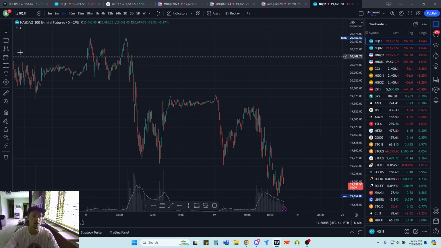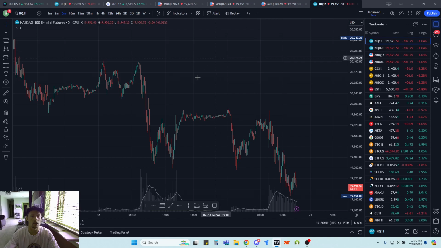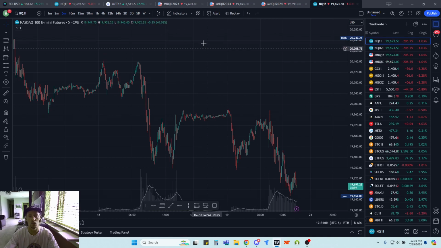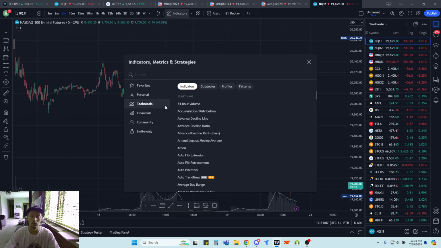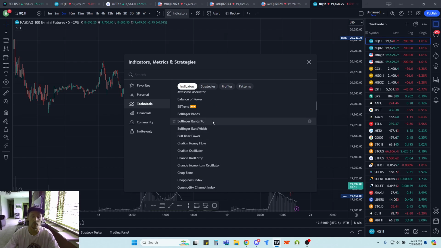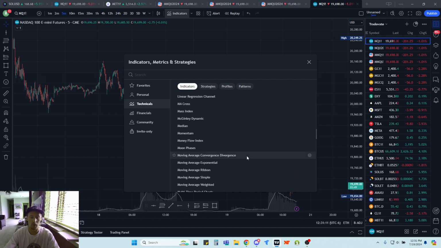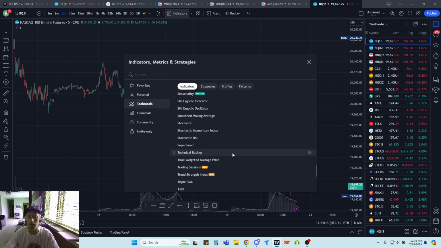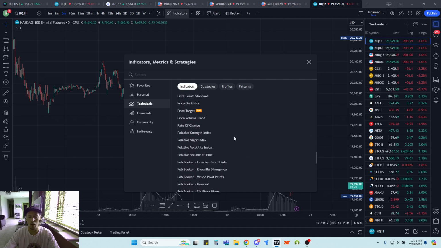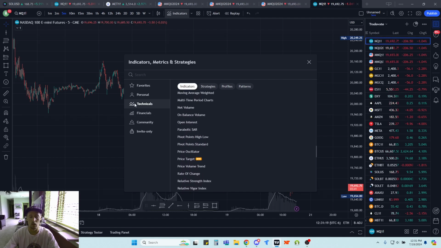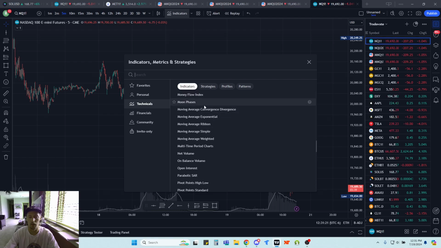There's a bunch of things here that you can go through and utilize, but I'll go ahead and move on to how we're going to add indicators on screen. So you see this big button at the top, indicators. You can go to technicals here, and there's a whole bunch of already built-in indicators like RSI, stochastics, Bollinger Bands, all those sort of things will already be on here, and you can just essentially open it up, go to technicals, and you can add moving averages if you would like,